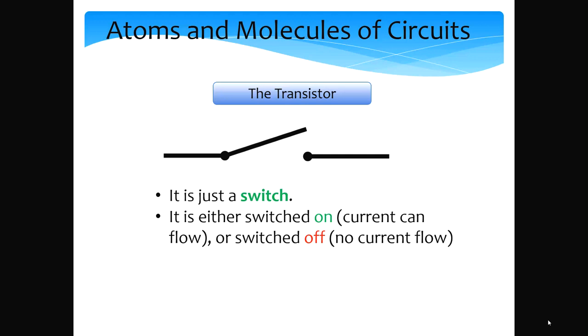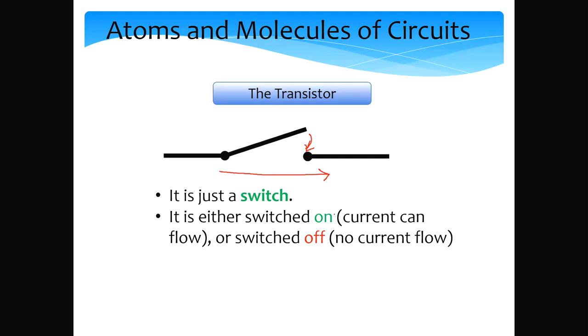Alright, so let's take a look at the basic atom of a circuit, the simplest element, like an atom or molecule of a circuit. The most basic element is a transistor. In common man's words, a transistor is basically a switch. It's the same as a light switch, or any kind of switch. When the switch is open, current is not flowing, and when the switch closes, there is a flow of current. It is as simple as that.